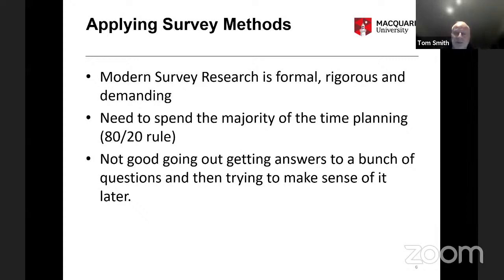Spend 80% of your time getting it right first, before you actually go out and execute the survey. And it's no good just getting answers to a bunch of questions and then trying to make sense of it later. You've got to have a research question up front.